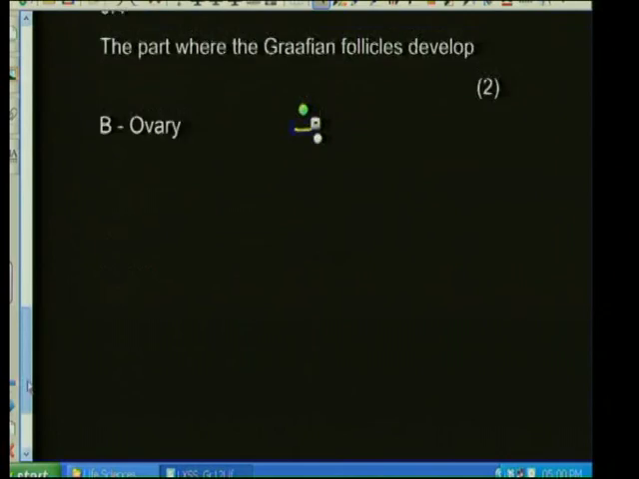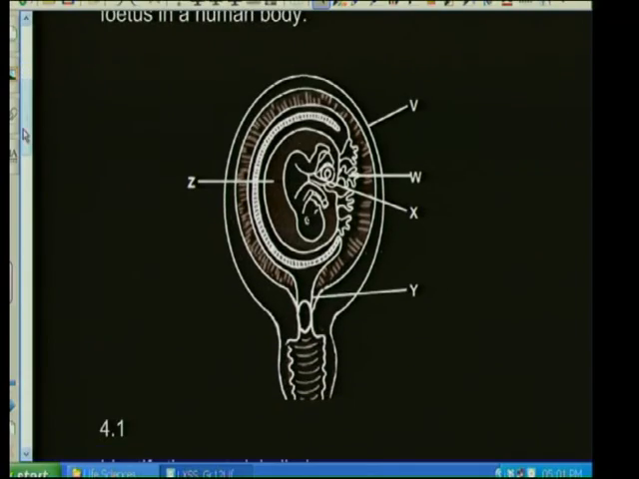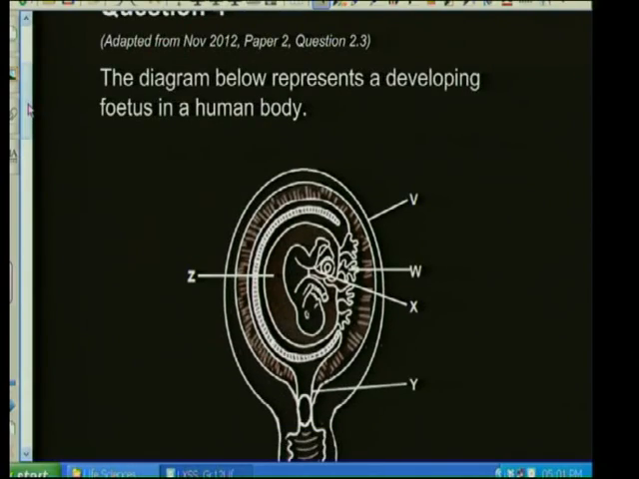B, the ovary. And that takes us to question number 4. Good. You notice the female structure, when you look at it, looks much more simple than the male structure. There are lots of different parts in the male structures that you have to label and give the functions of, whereas the female is fairly simple. But when you come to the actual cycles, the female cycle is the one that's more